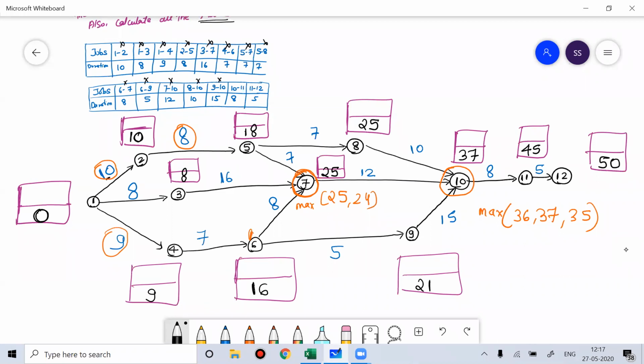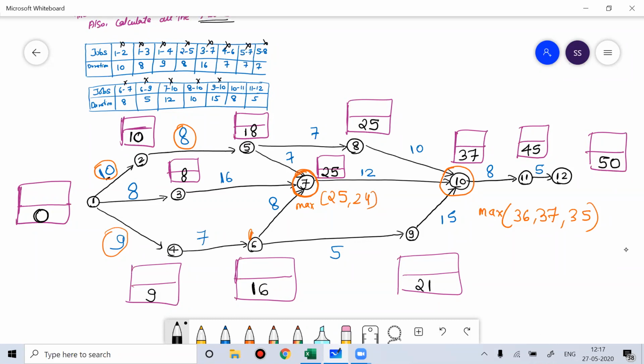So with this, we fill the bottom part of the data. That was the earliest time. So we fill the earliest time of an activity. Now we'll fill the top part of the data, that is called the latest finish time. That is the latest time that we'll try to fill here.